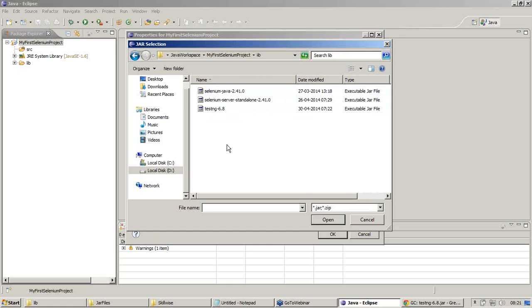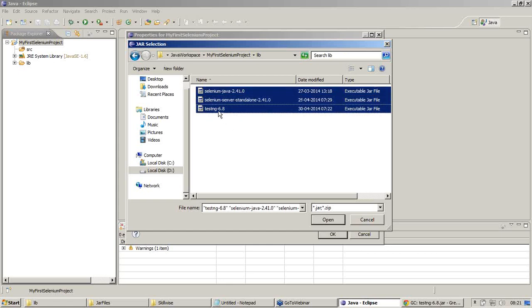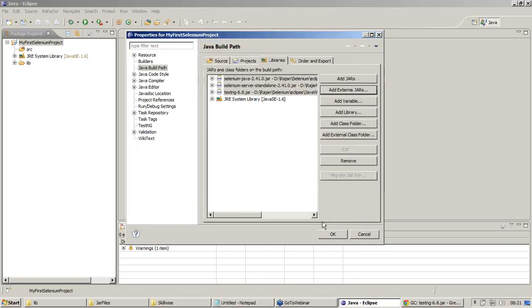Here it is. Inside lib, I have these 3 things. I'm selecting all the 3 at once and clicking on open. The moment I say open, you may see 3 entries added right here, and you are able to see the name of the jar and where it belongs. Once it has been added, I will click on OK.